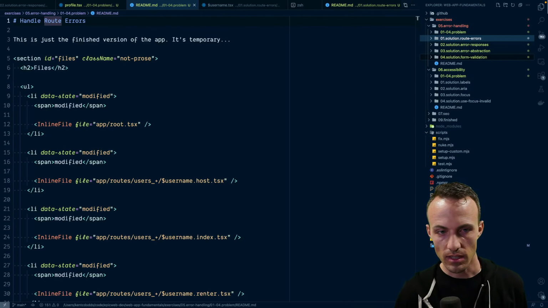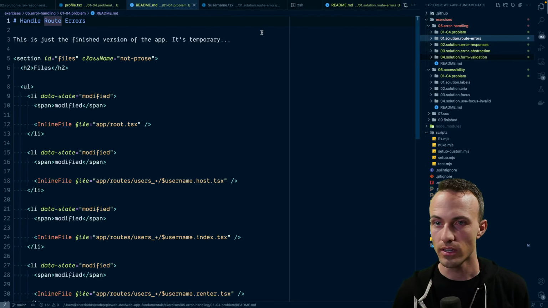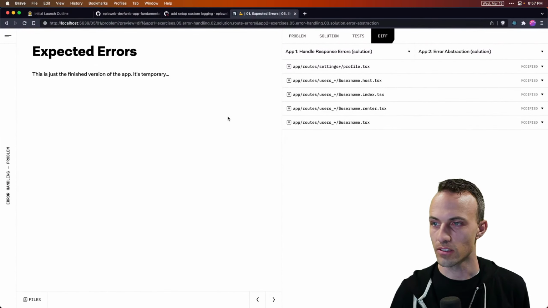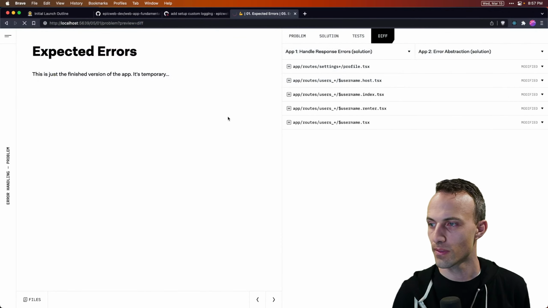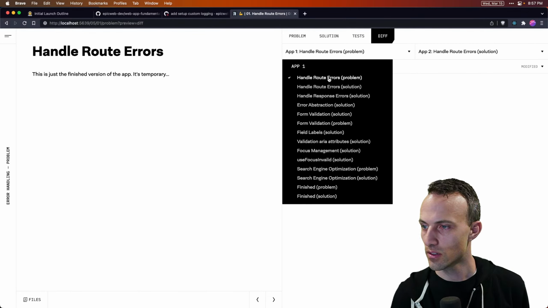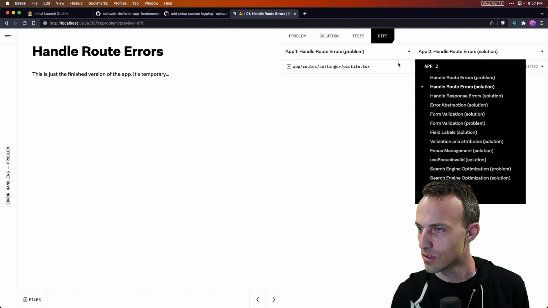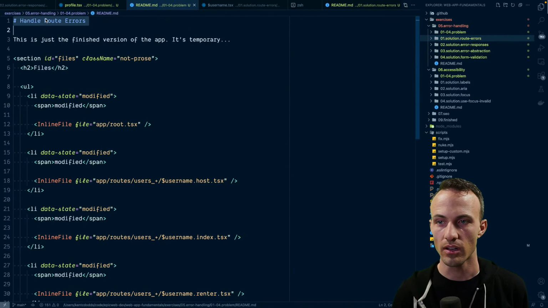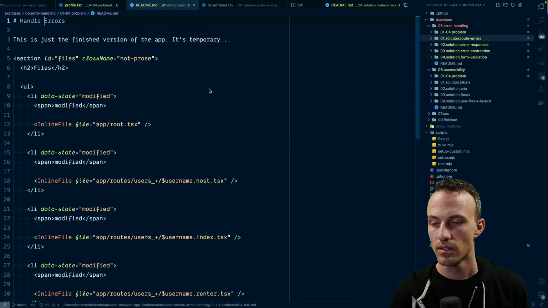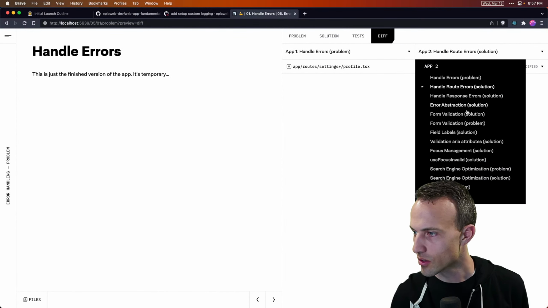It's kind of a different thing, sort of, but still pretty relevant there. So for this whole exercise, then we start with handle route errors, the problem, and we go all the way through. Oh, here, actually, this should just be handle errors. And go all the way through.